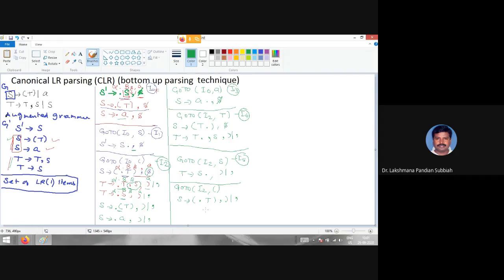After dot T, you have to expand the T. Expanding the T, we are having T derives T comma S, or T derives S. We are having two alternatives. You put the dot in front, right?